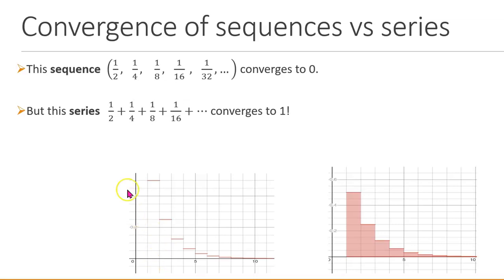Okay, here is a visualization. Let's recall that we can visualize a sequence by just a sequence of horizontal bars. So in our case, the height of the first bar is 1/2, of the second bar is 1/4, of the third is 1/8, etc. So the heights of the bars are going to 0. However, to visualize